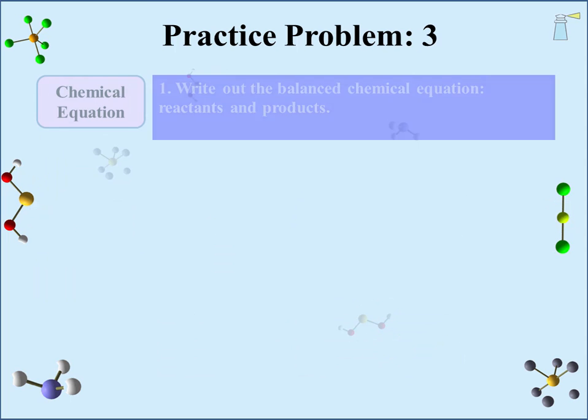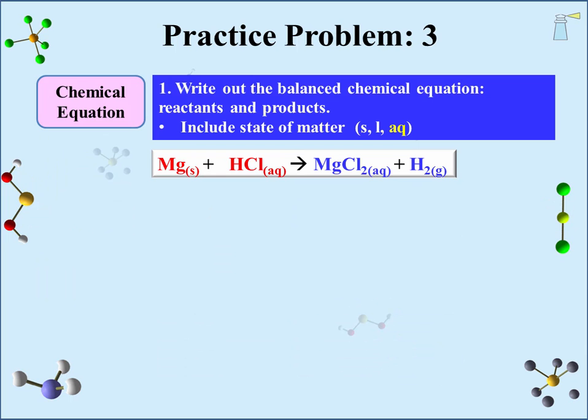Our final practice problem has us write out the balanced equation with phase and state subscripts. Solid magnesium reacts with aqueous hydrochloric acid to produce aqueous magnesium chloride and hydrogen gas. Is the equation balanced? Well, there are 2 hydrogens on the product side, but 1 on the reactant side. So, no, it isn't. Adding a 2 to the HCl takes care of business, and it is on to step